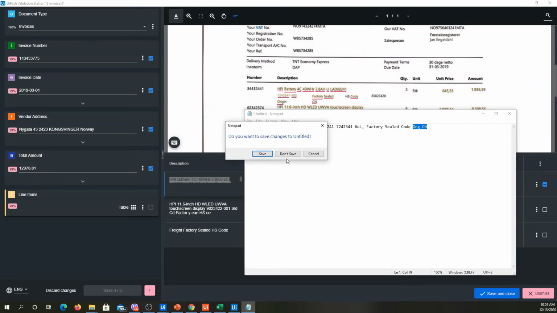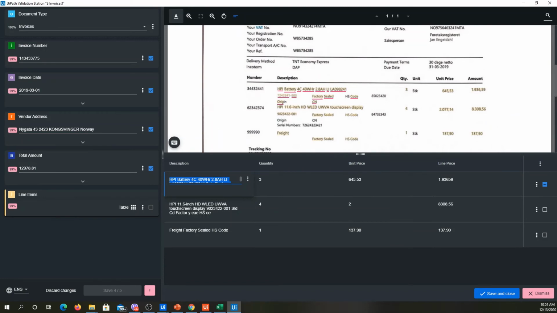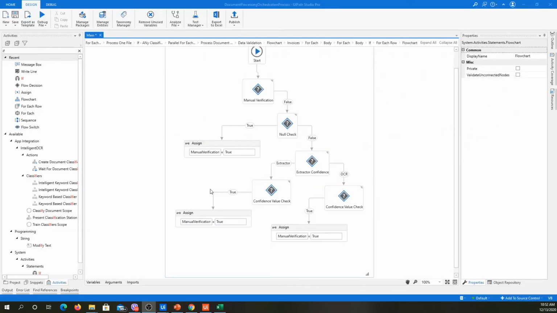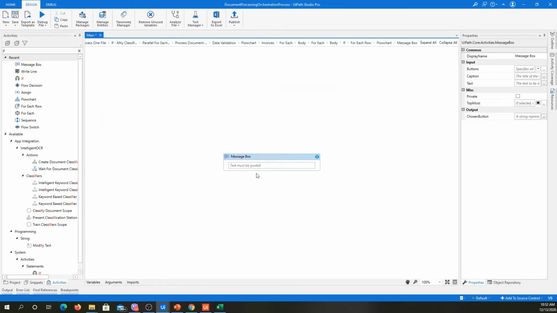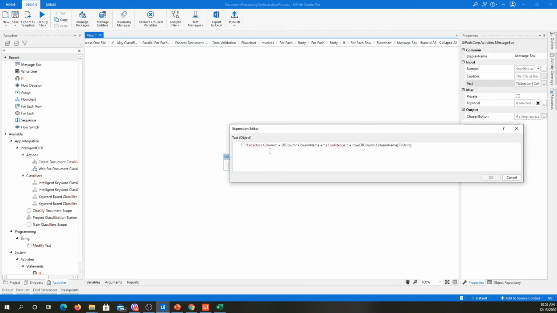So I'll just close this for now. Getting back to this logic, we'll try to add a message box over here, and we'll try to add this code. So what I'm trying to do here is, if I'm to show you in a much more clear way,